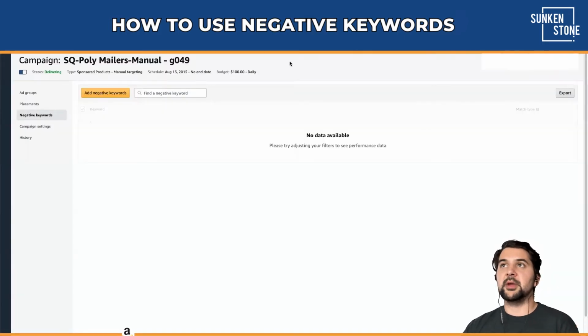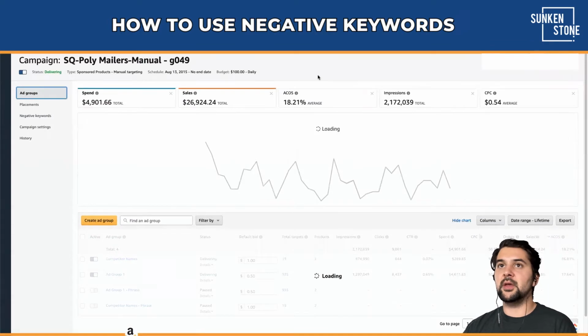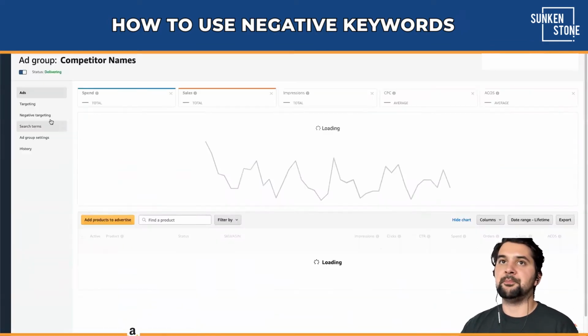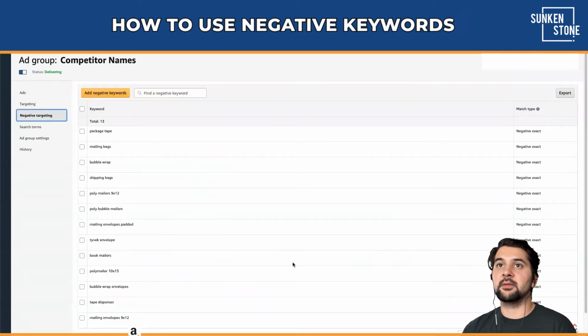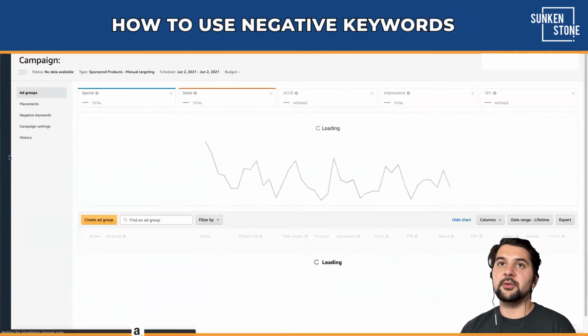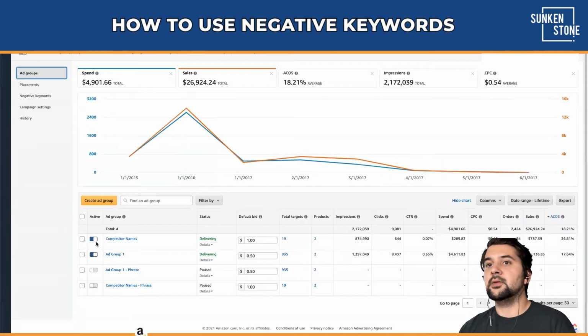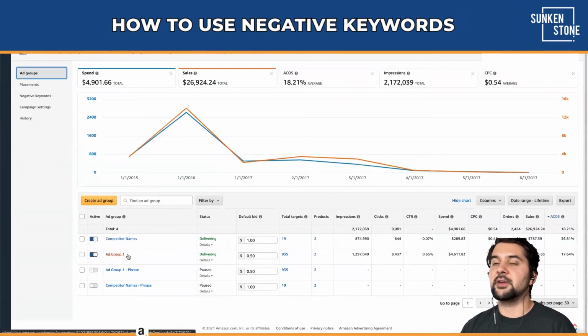Another important distinction to make. Here we're in this manual campaign, looking at the campaign level. We've got negative keywords. And then if we drill down to the ad groups, I'm going to check out this competitor. If we go to negative targeting, there's a whole different set. Here we have negative keywords, but at our campaign level, we didn't have negative keywords. So you have to be very careful if you're doing multiple ad groups, like here we have competitor names, we have ad group,